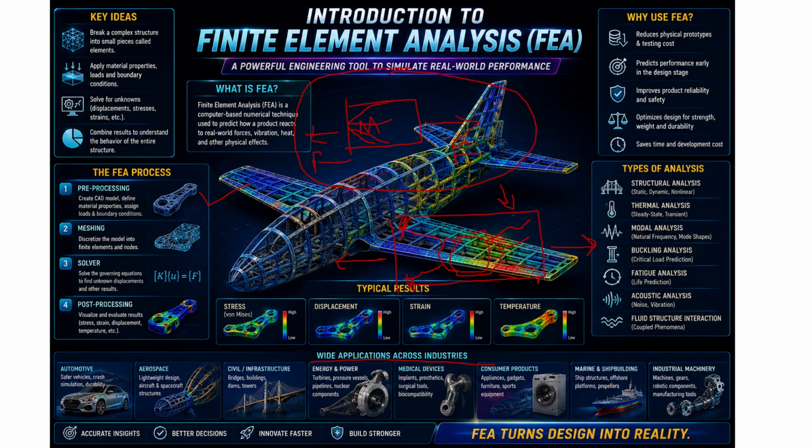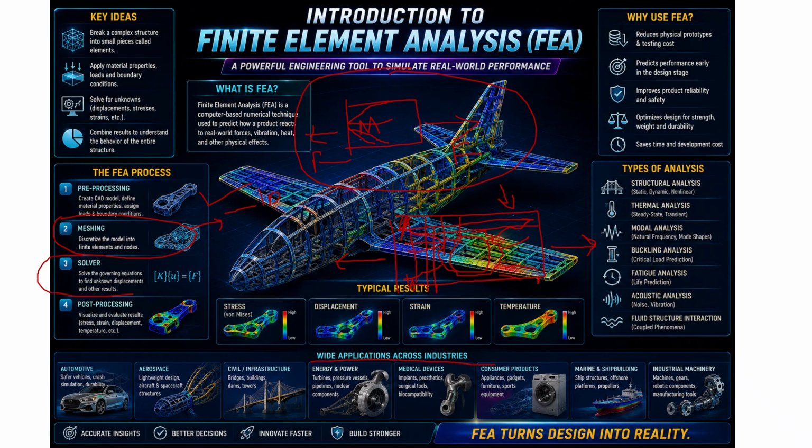But how can they be done? First we need to divide the plate into small elements, and these elements will carry all the stresses and displacement. One element shifts its displacement to the other element, then that element shifts the displacement to the next element. That's how the stress is going to be distributed. That's why the meshing part is very important. Which kind of mesh are you going to use? I will tell you what different kinds of mesh there are: linear 1D elements, 2D elements, 3D elements. All these kinds of elements and their meshing I will discuss in the future in a meshing lecture.